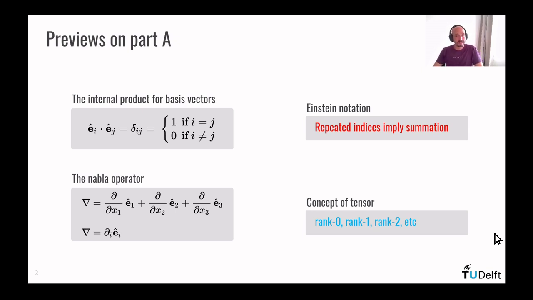We also defined the nabla operator, and we also discussed the Einstein notation, which really simplifies the representation of any type of tensor. The important thing is that repeated indices imply summation. And we also saw the concept of tensor, rank 0 tensor, rank 1 tensor, and so on. Okay, now let's put all of this together and try to solve some